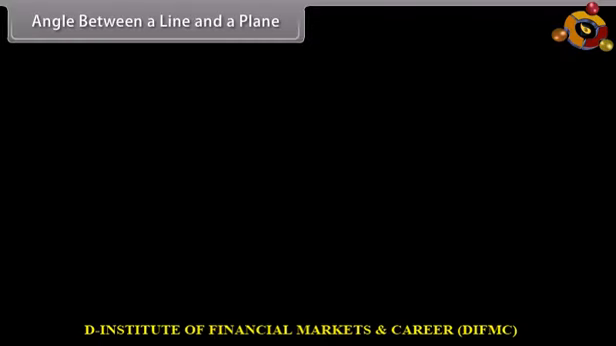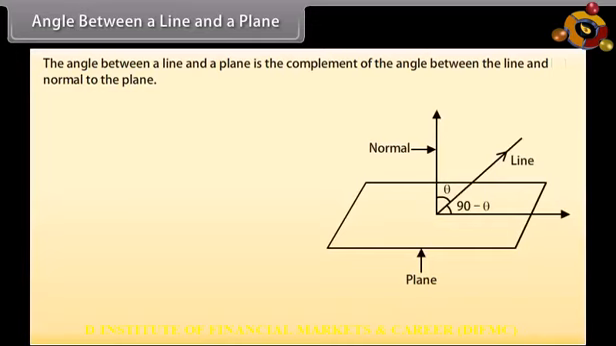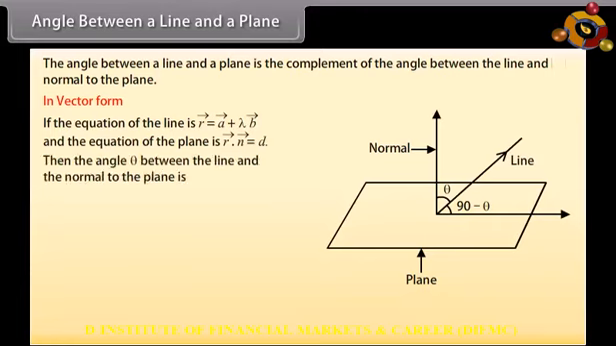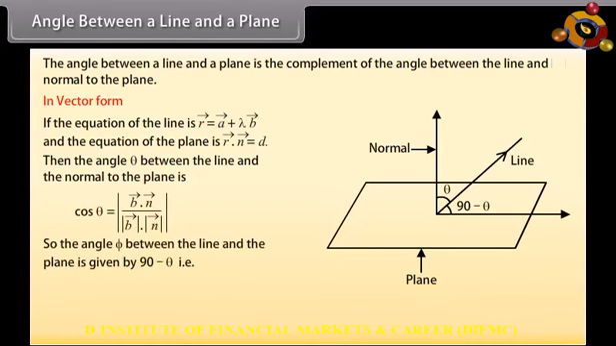Angle between a line and a plane. The angle between a line and a plane is the complement of the angle between the line and the normal to the plane. In vector form, if the equation of the line is r = a + lambda b, and the equation of the plane is r·n = d, then the angle theta between the line and the normal to the plane is given by cos theta. So the angle phi between the line and the plane is given by 90 minus theta, that is, sin(90 - theta) equals cos theta, and